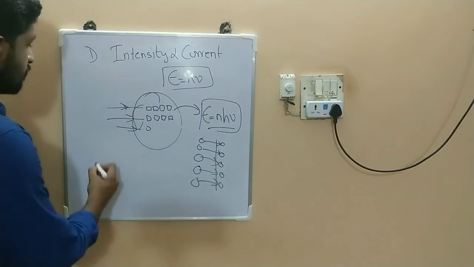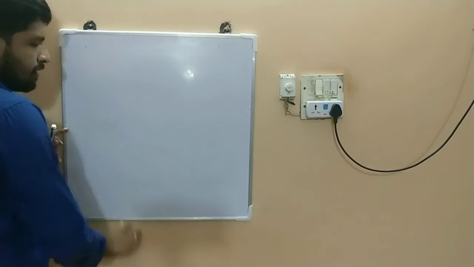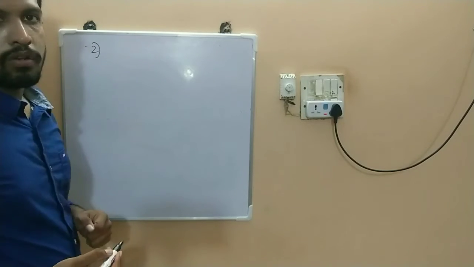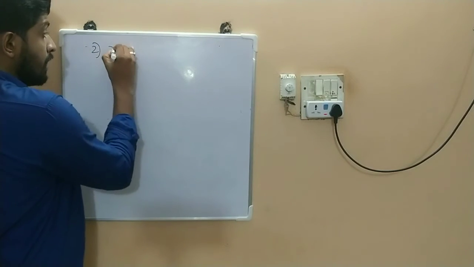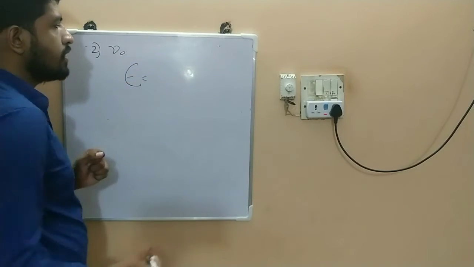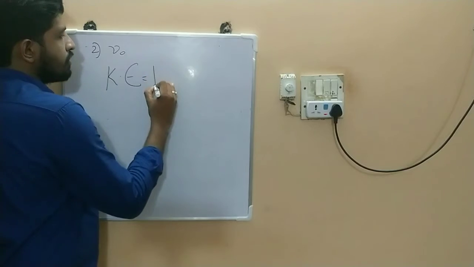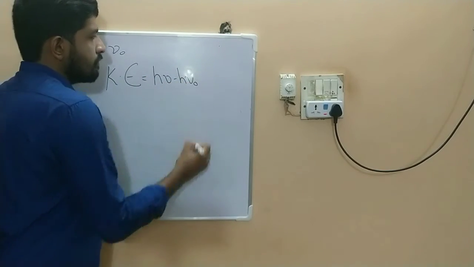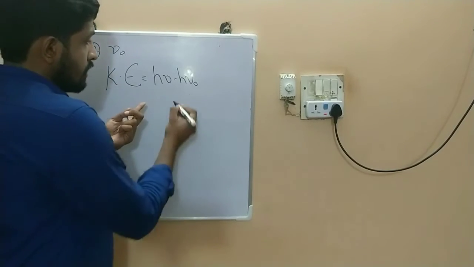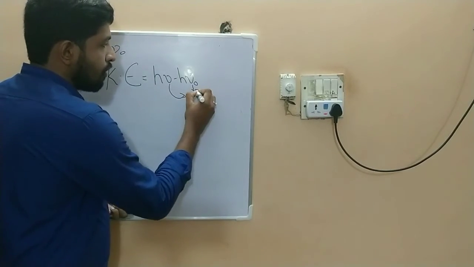And then the second, the threshold frequency, nu zero. We have said that the kinetic energy KE is equal to h nu minus h nu 0, as I said earlier. So if the frequency of the incoming photon is less than nu 0,